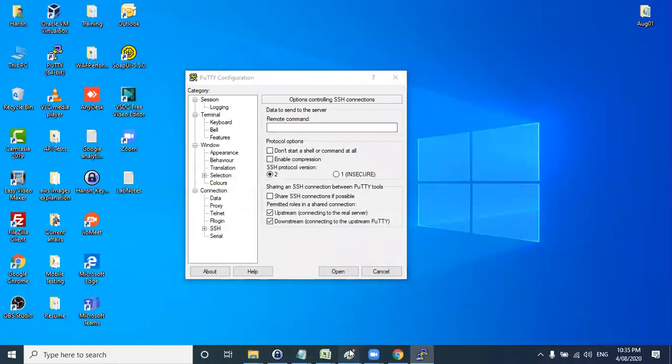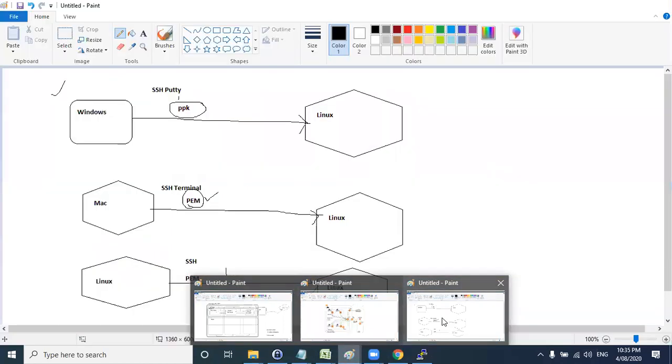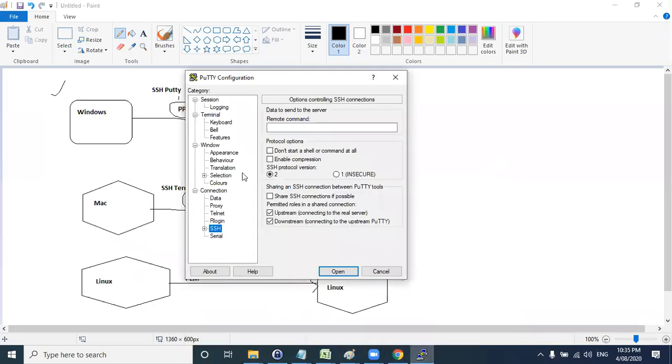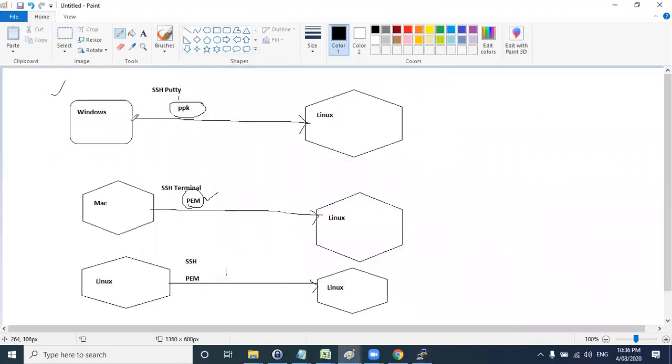Understand, Harish, one thing. Importing and loading are one and the same, I think. Yes, import or load is the same, but sometimes when you try to load, if there was a previous key, conflicts can happen. Since we are logging in for the first time, no key was there in puttygen. If you load a key already used in previous sessions, then some conflicts will happen. That's why we always import the key from conversions. Clear?